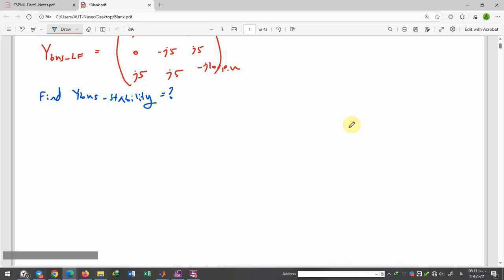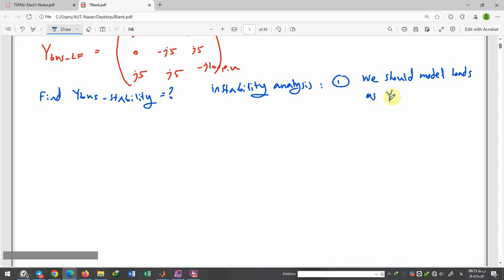In stability analysis, one, we should model loads as Y of load, it is equal to